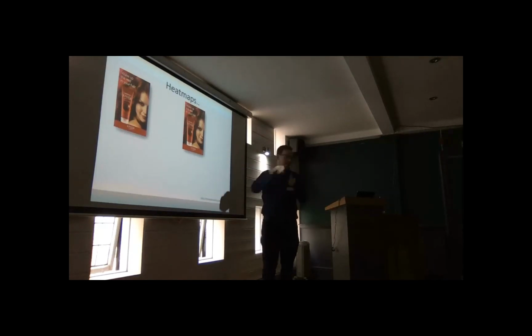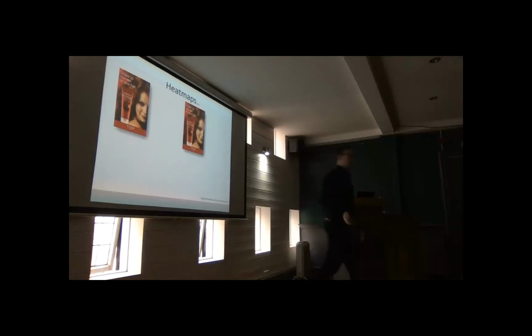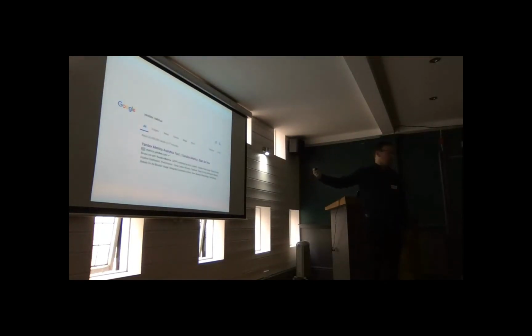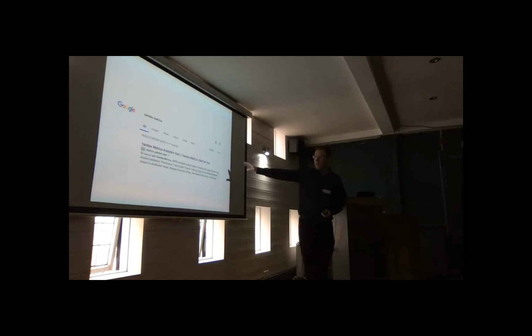So if there's a button that says buy here, you want those images to look at that button. You'll get these sort of heat maps. There are 2 good ways to get heat mapping tools. This is my preferred way, is to use tools like